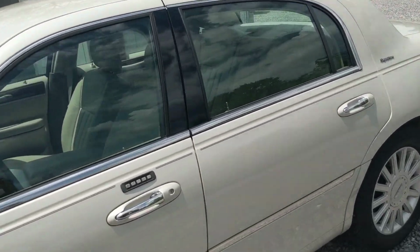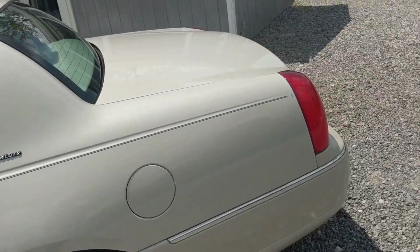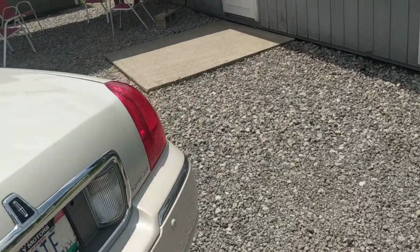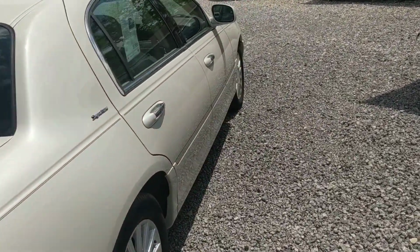Anyway, if you're looking for a very nice town car that's got probably another good 150,000 miles left in it, body's holding up well, everything works perfectly on it,